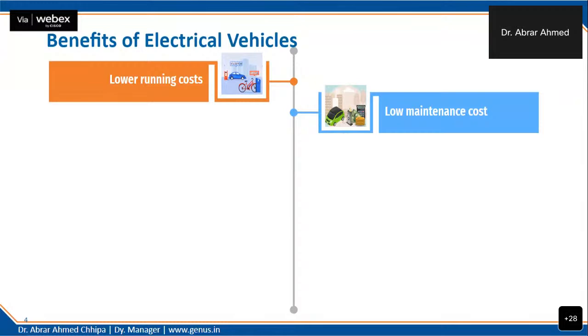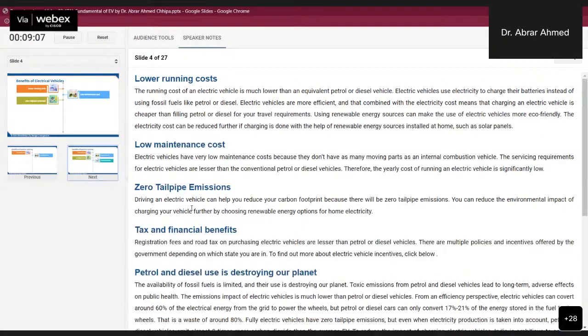Okay. Now let us see the next. Zero tailpipe emission, as we do not have the internal combustion engine, so the emission from that vehicle becomes zero. Driving an electrical vehicle can help you to reduce your carbon footprint because there will be zero tailpipe emission, and you can reduce the environmental impact of charging your vehicle further by choosing renewable energy options for home